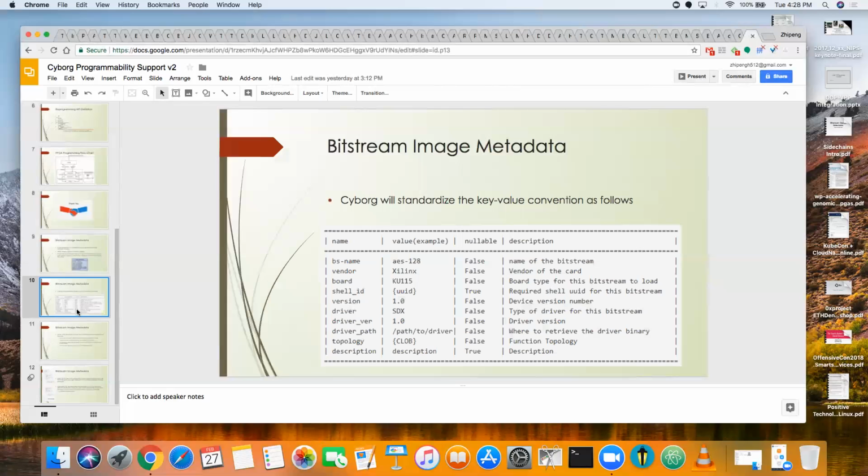And this one does AES, and this one does RSA, right? And they're doing different things. They have different capability, and it will happen after you load the image.